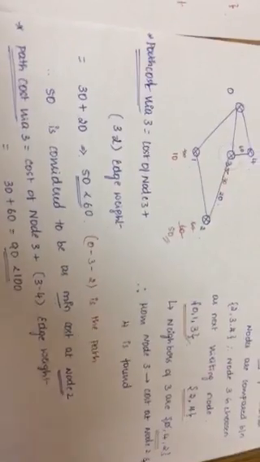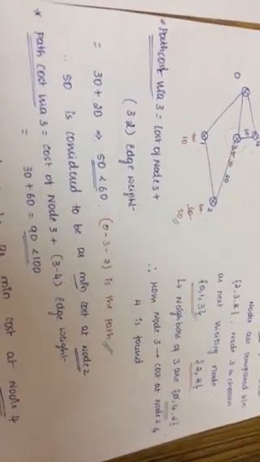And I am going to write what is the path from 0. The path from 0 to 2 is 0, 3 and 2. So this is a path. I am going to cover it in order to reach node 2. Now 50 is considered to be the minimum cost at node 2. The same way you have to find what is the minimum cost at node 4 via 3.